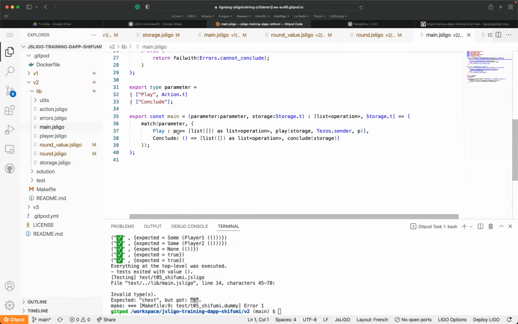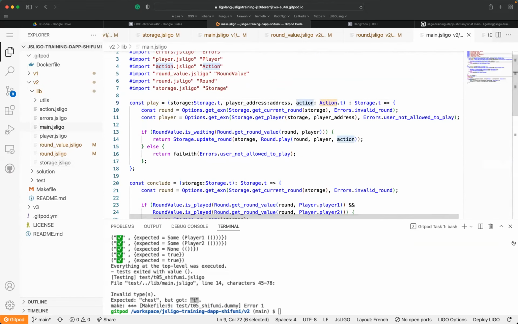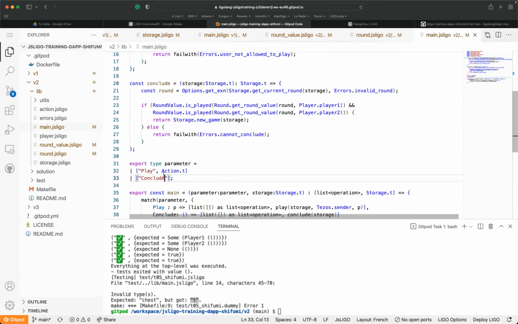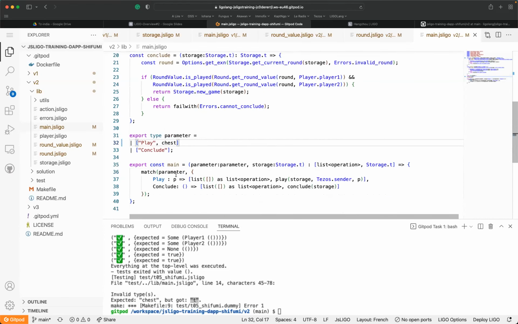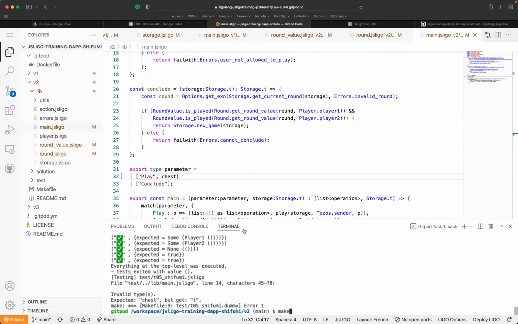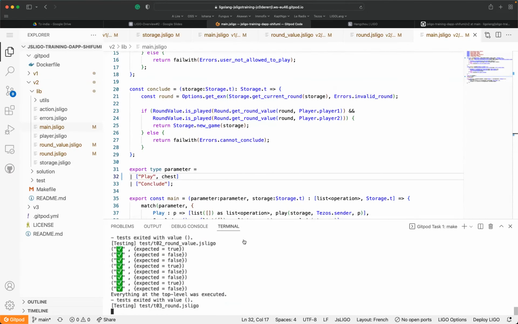I have to deal with a chest and not an action. Okay, so let's do it. I change this with a chest. Fine. And let's change it also with the play action here. What I'm going to play is the chest. Okay, let's try to continue to compile it.